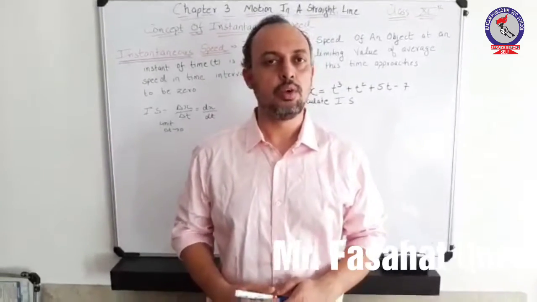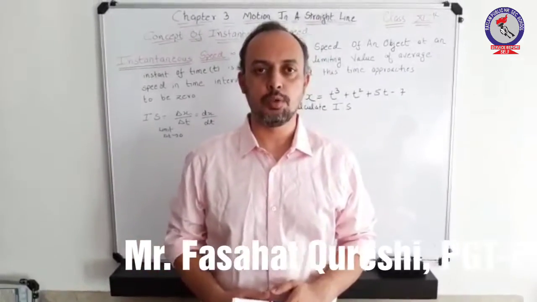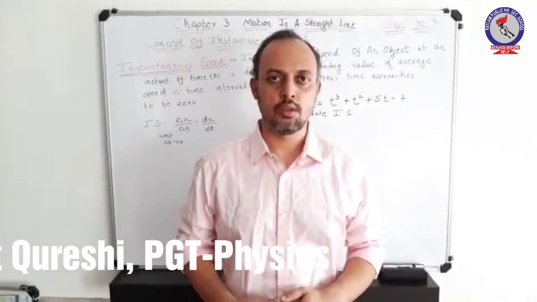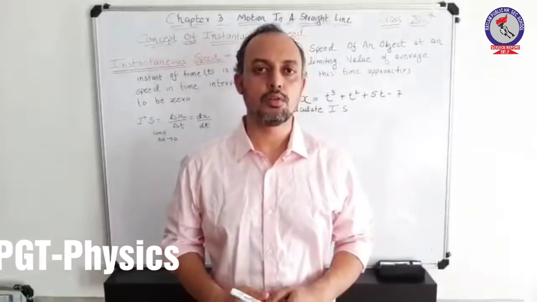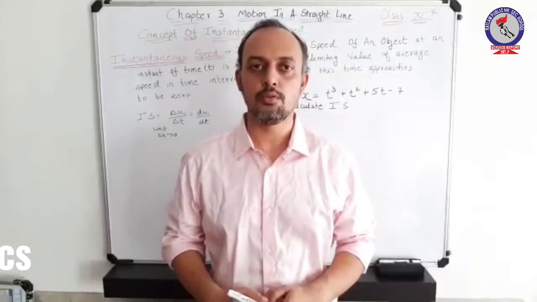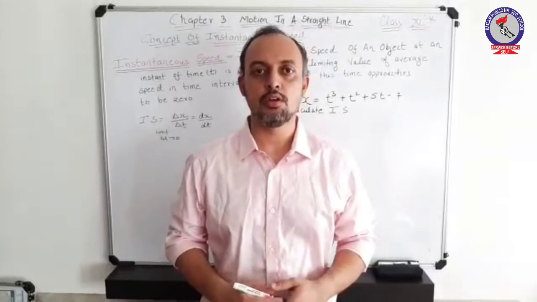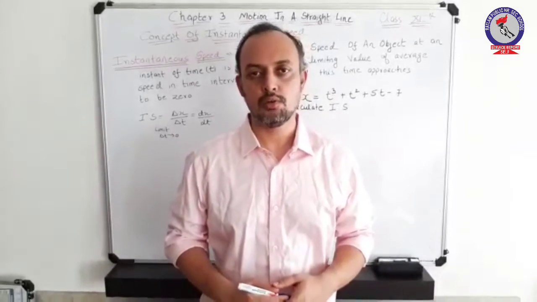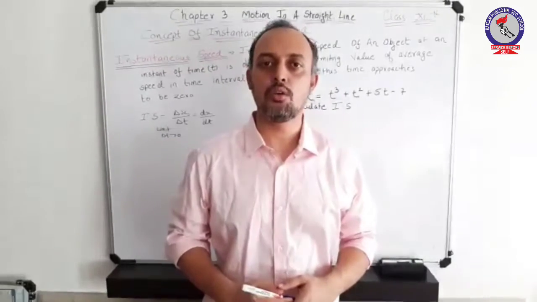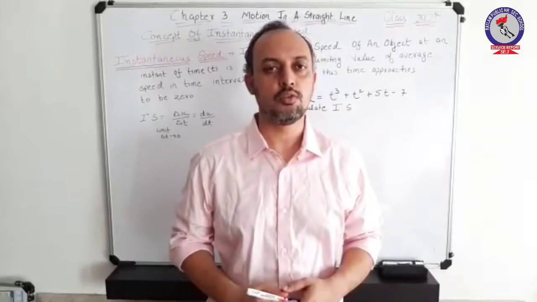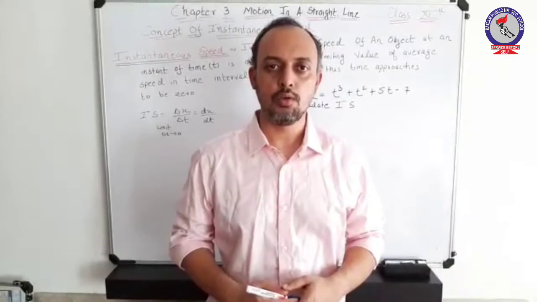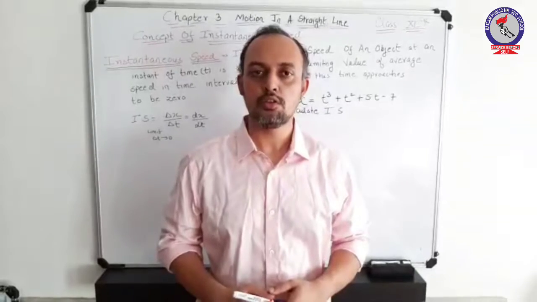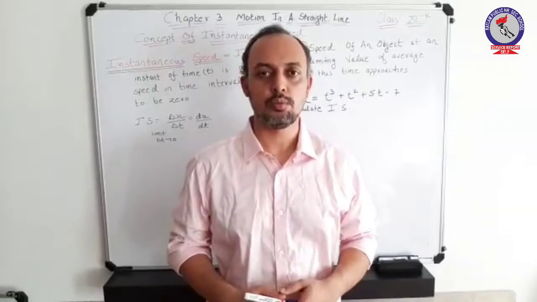In this section of my video, we'll be going through the concept of instantaneous speed, which is a topic of chapter number 3, NCERT class 11th. As we had already gone through the concept of speed, average speed, and variable speed, the concept of instantaneous speed is a bit different. If we need to calculate a speed at a given instant of time, where the instant we are talking about is very small, that is instantaneous speed. The speed of a body at a particular instant is also known as instantaneous speed.